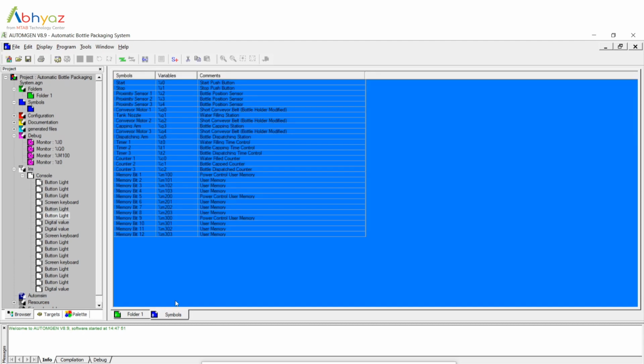As we said in the list of components, we have three conveyor motors because in our solution to the problem statement we use three short conveyor belts in a straight line, and adjacent to the conveyor belts the respective stations will be available, that is your filling station, capping station, and dispatching station.